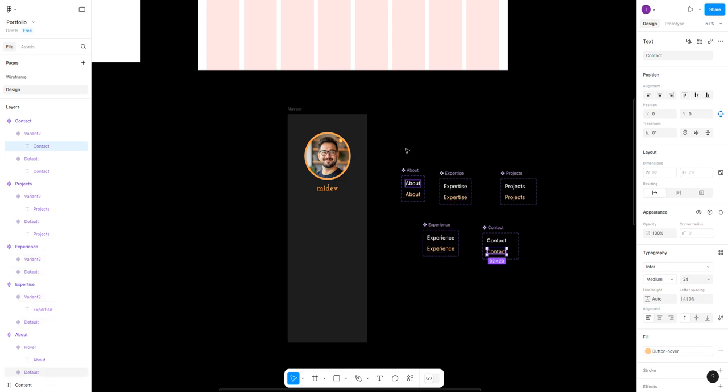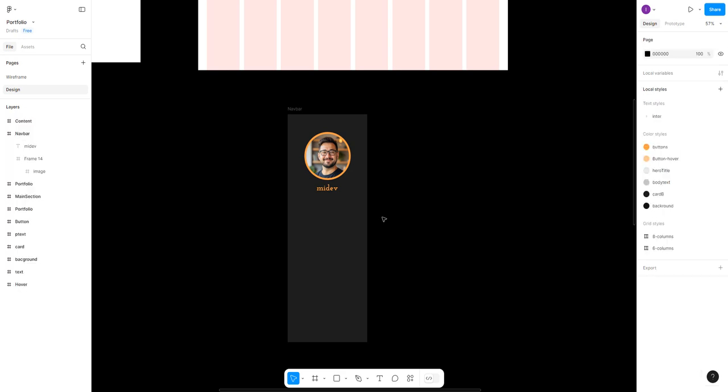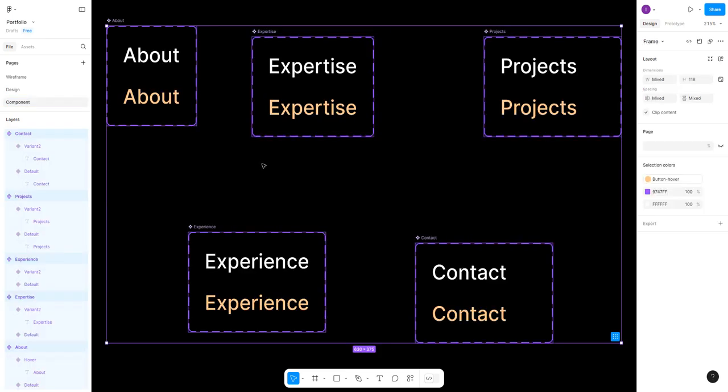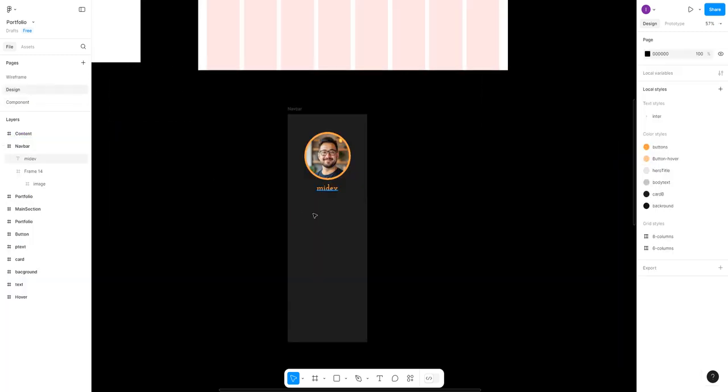We're going to copy this and cut it and go and paste it in our component page. So here we're selecting them all, then drag, select them all, and Ctrl X. Then here we add one more page and name this as component, so that you can have a clean design. Then you paste all your component to this page like this. Alright, so now let's go back to the design system, design page, and add the